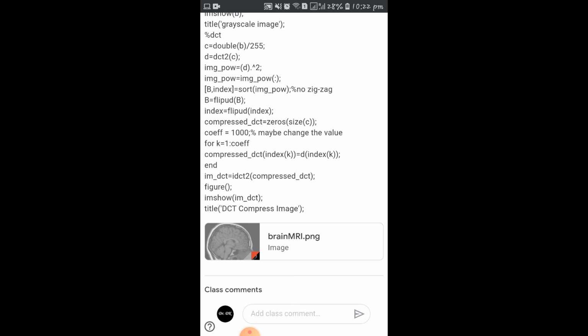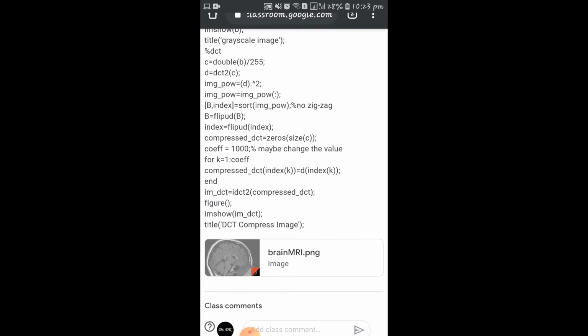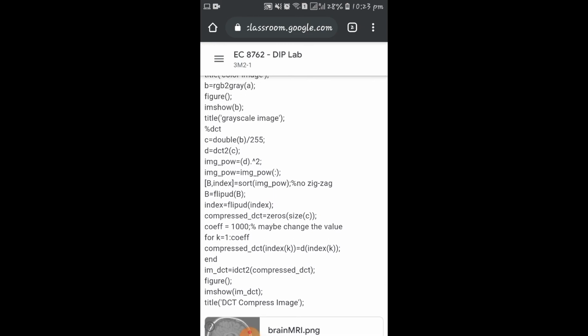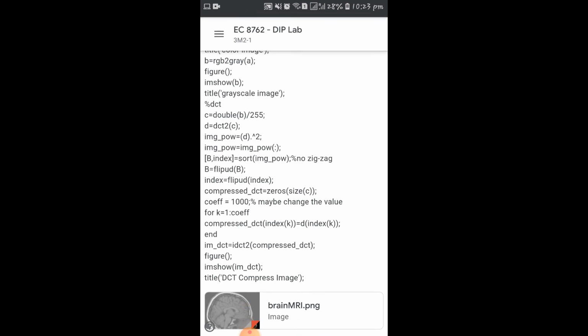And then we are finally getting the DCT image. So image DCT is equal to idct2, which is the inverse two-dimensional discrete cosine transform. So basically in this program, first you take the image and convert it into grayscale, and then you perform the discrete cosine transform, and you will get the DCT matrix.